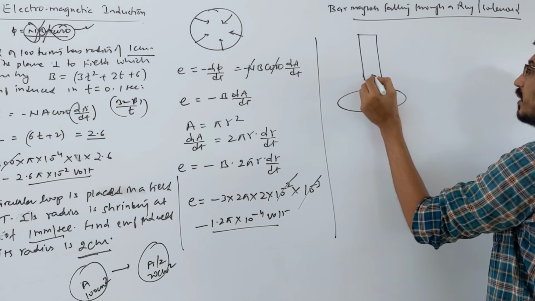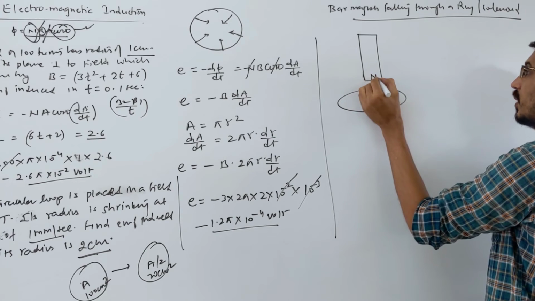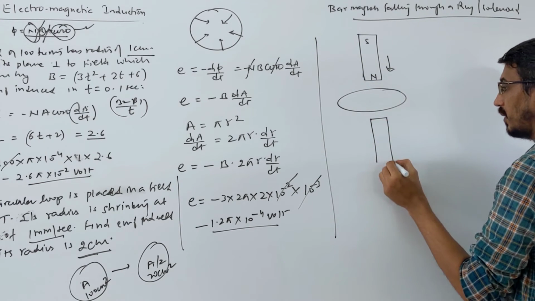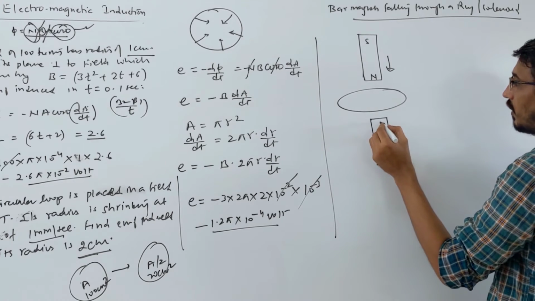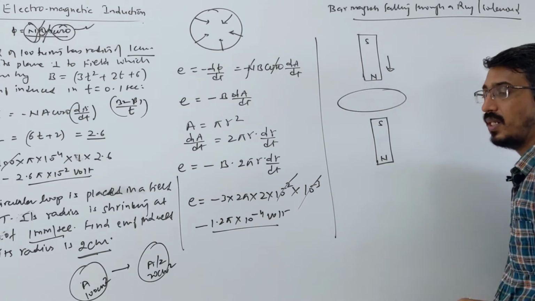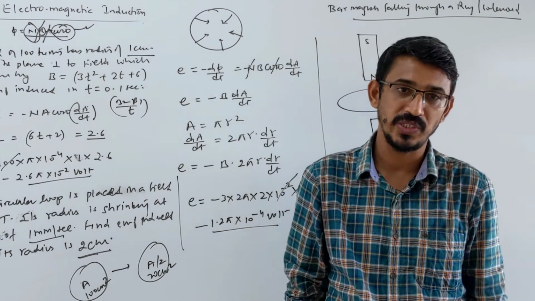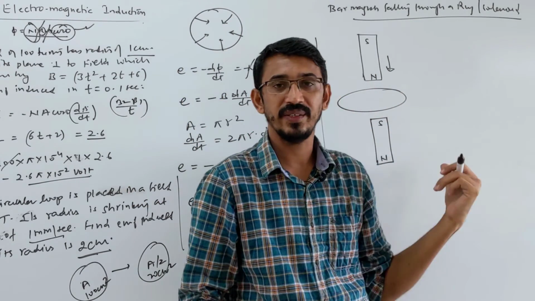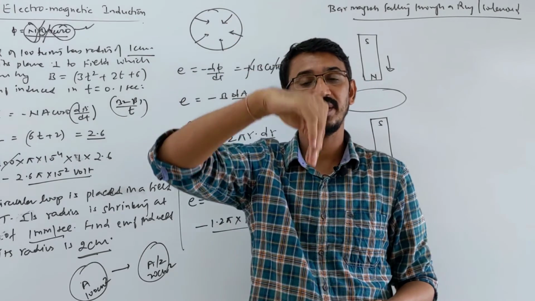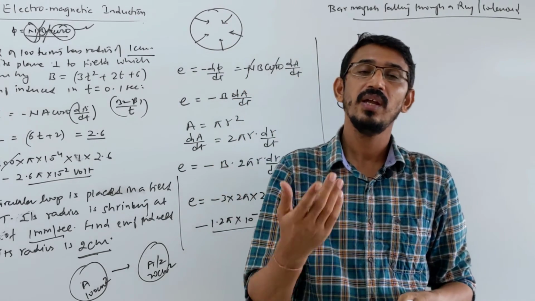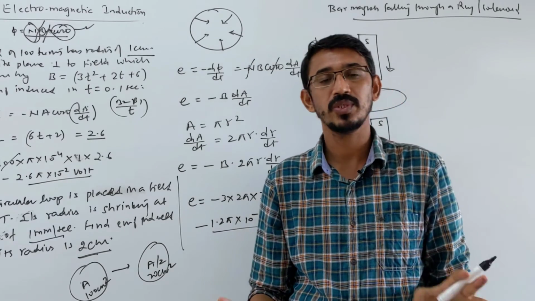This ring: say north pole here, south pole here, is falling that way, then coming out here, right? This will be south pole, that will be north pole. They said if a bar magnet freely falls, what is the acceleration? g. When it's falling through a ring, what's the acceleration while entering the ring and while leaving the ring? They are asking whether it's more than g, less than g, or equal to g. This question was asked.